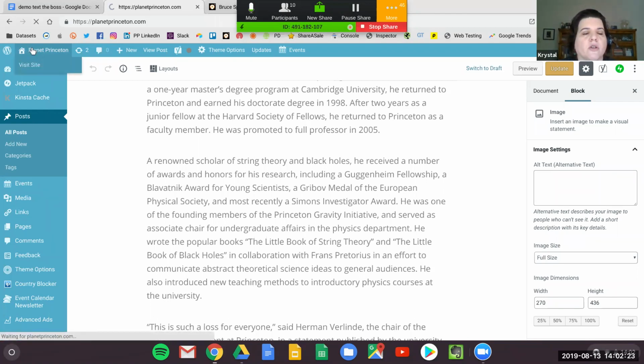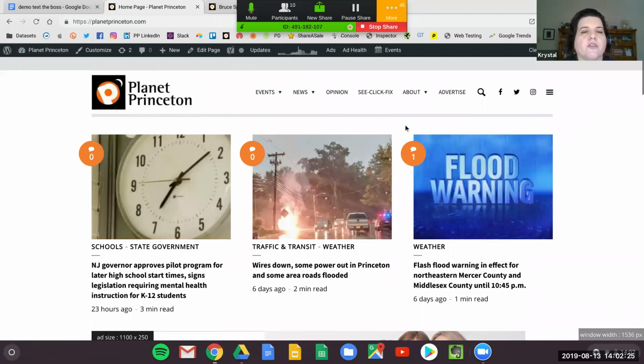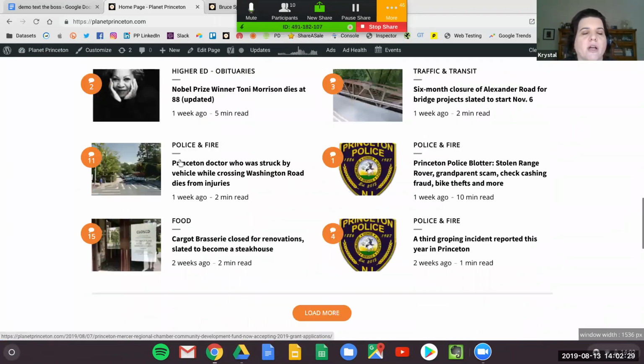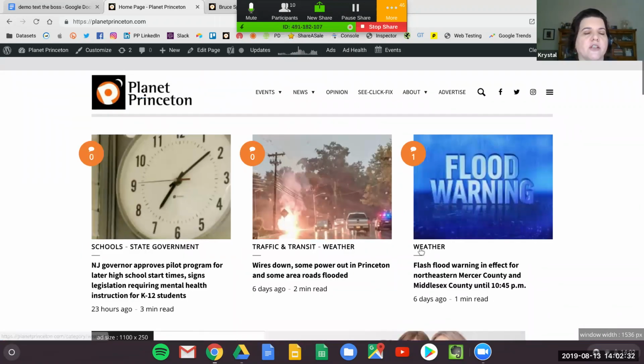We're just going to go to the Planet Princeton screen. So, the way my home page is laid out here, that's all theme based. Gutenberg isn't going to change any of this. And even my individual pages, if I go to my most recent post,